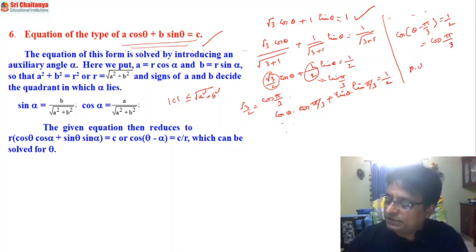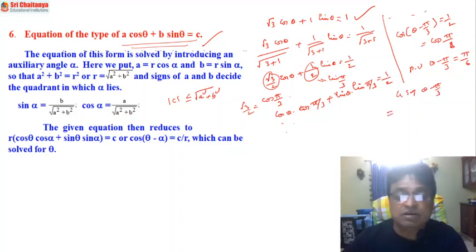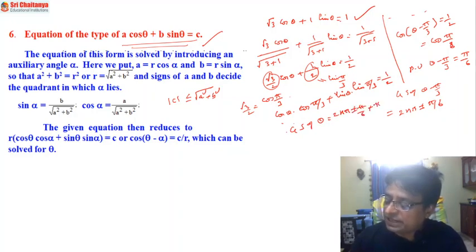So my principal value is not of theta, here theta minus pi by 3 is equal to pi by 6. So my general solution of theta minus pi by 3: since this is the cos, the answer is 2n pi plus or minus alpha, where alpha is pi by 6. But I want the general solution of theta. Now this can be written as 2n pi plus or minus pi by 6, and you send that pi by 3 to that side. The answer becomes this one, where n is an integer.